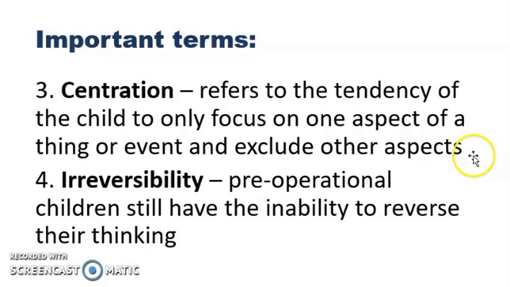Okay? Pero tayong mga adults, okay? We know that parehas lang ng laman ng dami ng water ang meron sa glass A at glass B. Parehas lang silang 100 ml. Okay? Pero sa cognitive level ng mga 2 to 6 years of age, okay, what is happening to them or what is occurring in their mind is the process of centration.